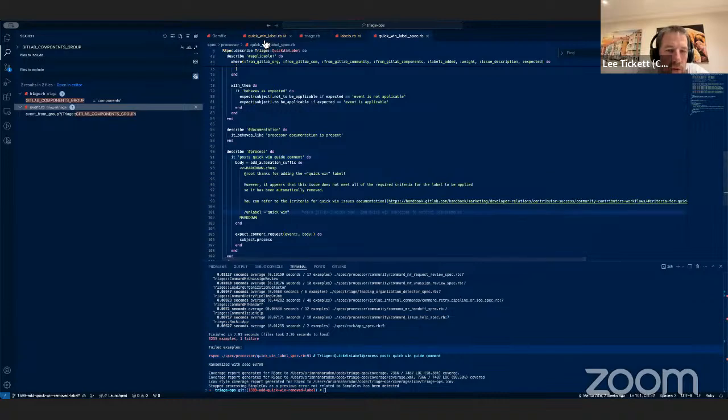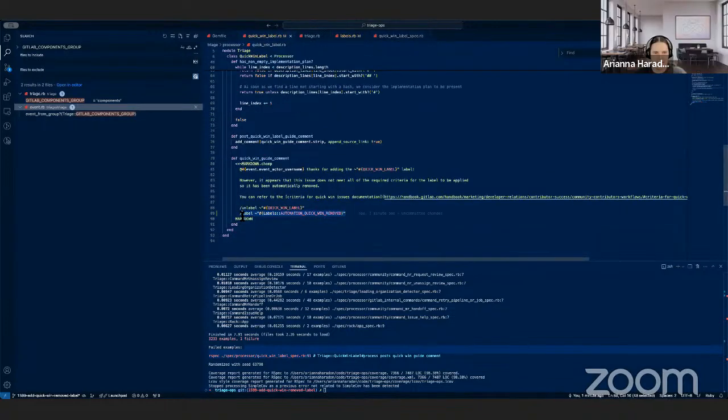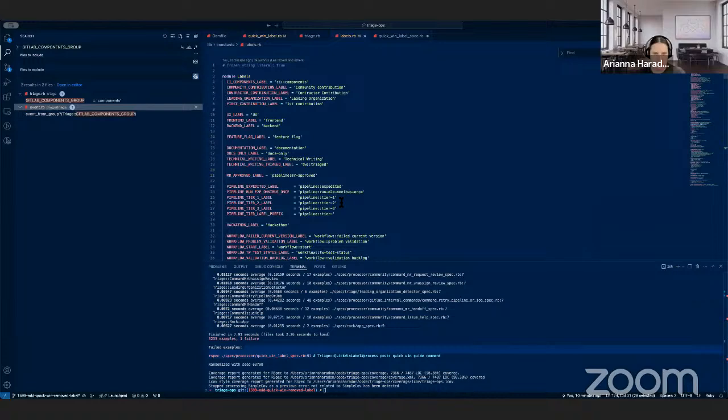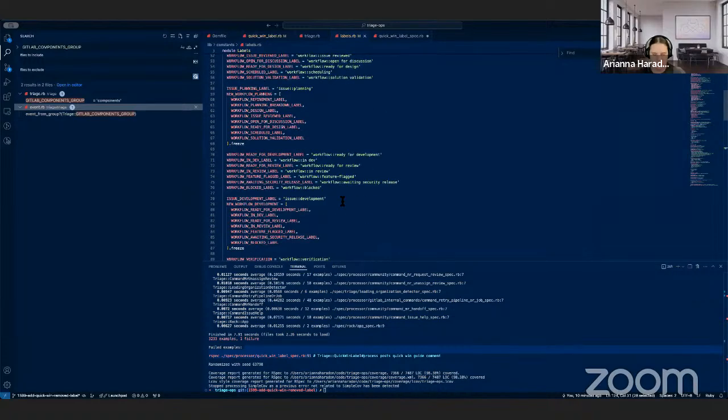So yeah, I would, what's the word I'm looking for, expand. I wouldn't use the variable. I would actually expand it out, like we've done with quick win. Then it would be